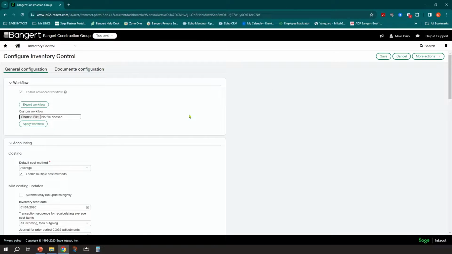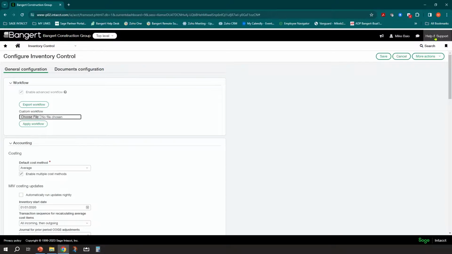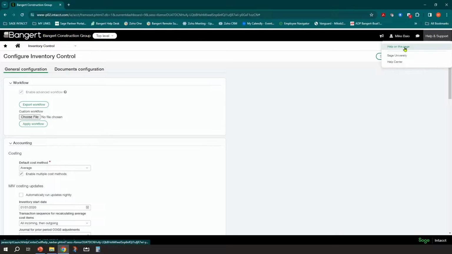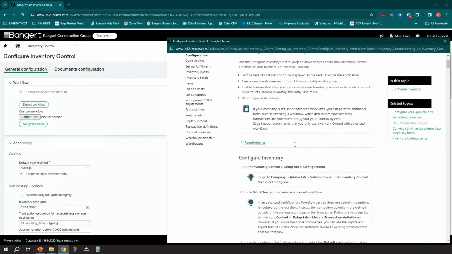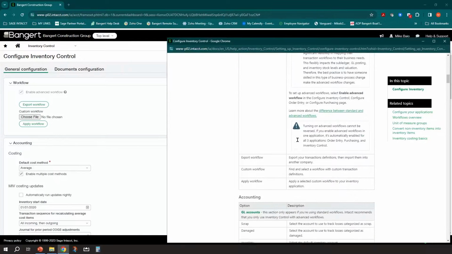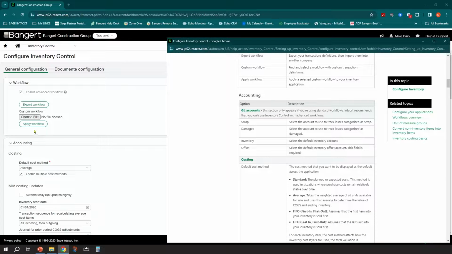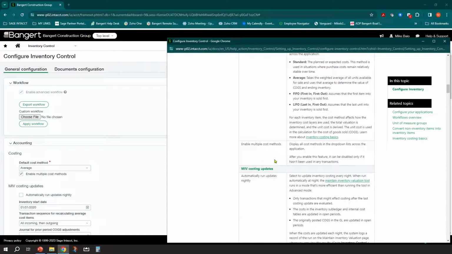Now, as we go through this screen, I'm not going to be able to touch on every button that's in this section here. But as always, if there is a feature or functionality you're curious about and want to learn more about, once you're in this page, go over to the right and click on Help and Support, Help on this page. And you're going to get a listing of every field that is in the configuration screen. So I can scroll down here and I can get to the accounting section and I can follow along with the different methods here. So we'll try and touch on as much as we can, but if not, this is available as well. So I'm going to close this screen.